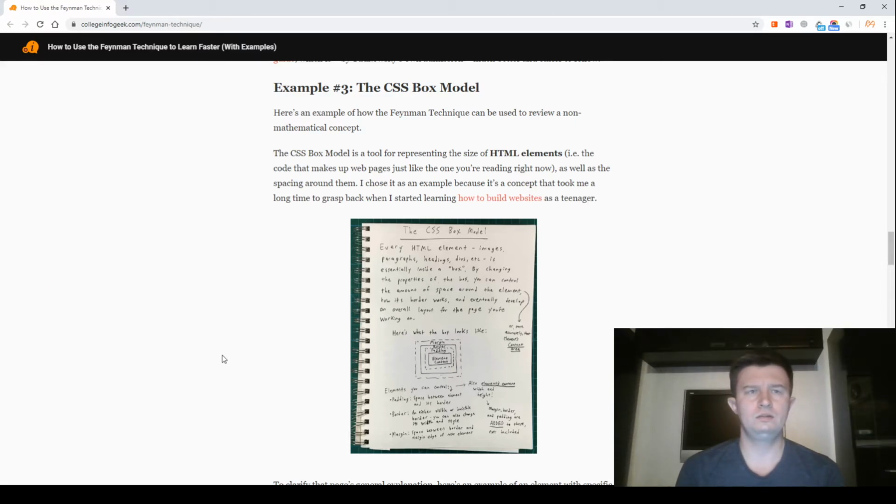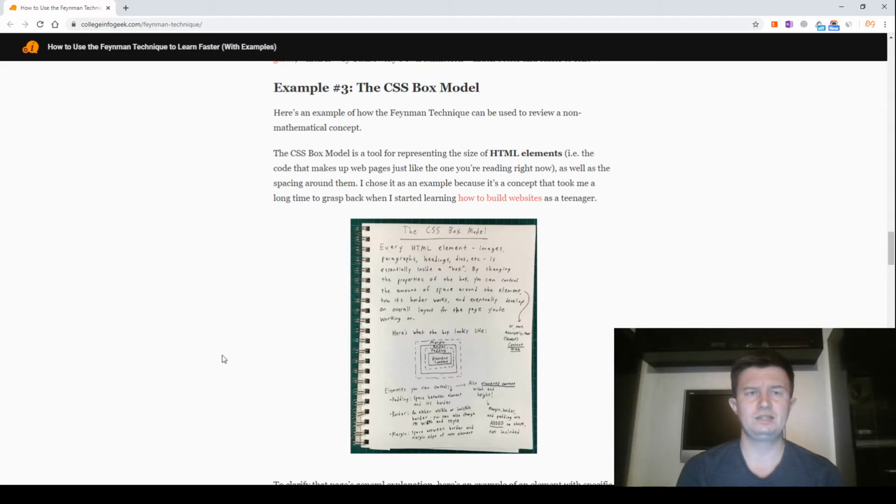The code that makes up web pages just like the one you're reading right now, as well as the spacing around them. I chose it as an example because it's a concept that took me a long time to grasp